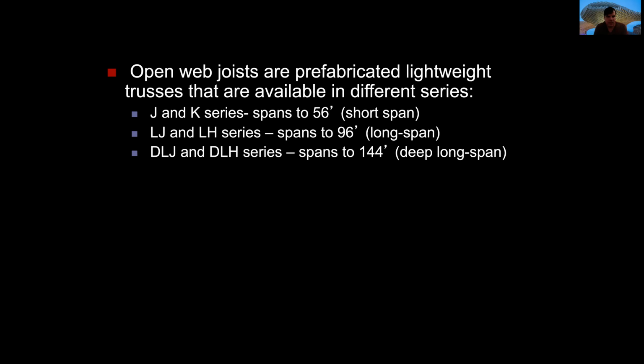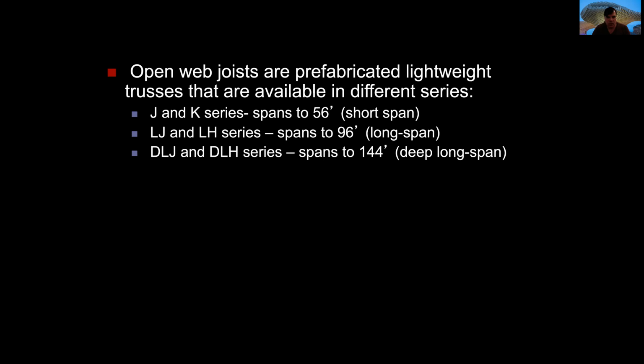LJ and LH members, or L series, span to 96 feet, and DLJ and DLH series span to 144 feet deep. Students must learn and memorize these numbers, because in the moment that you are doing a project in your design